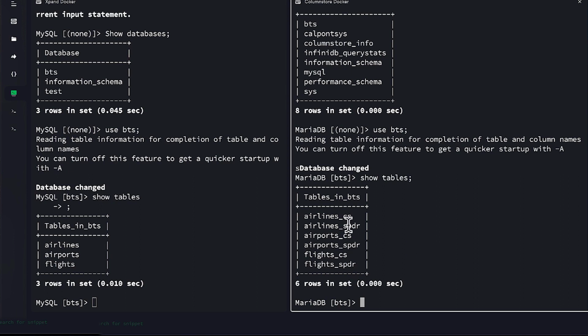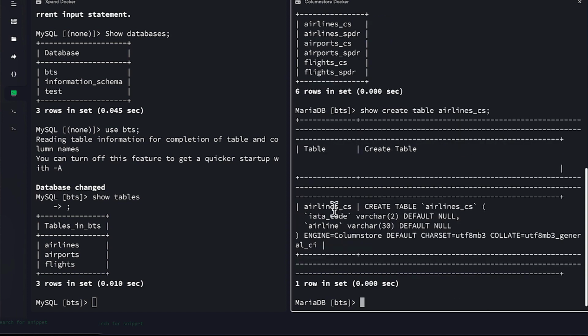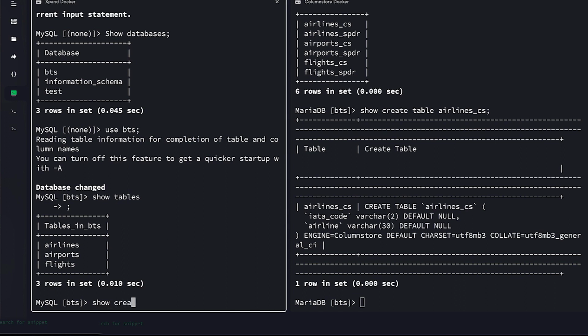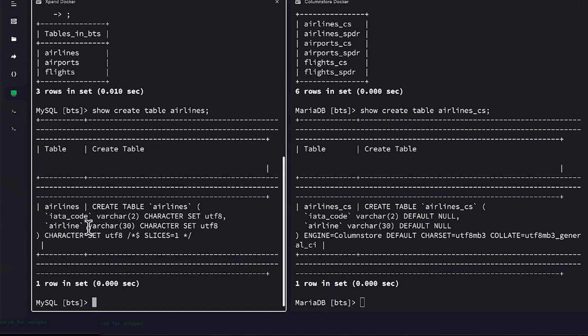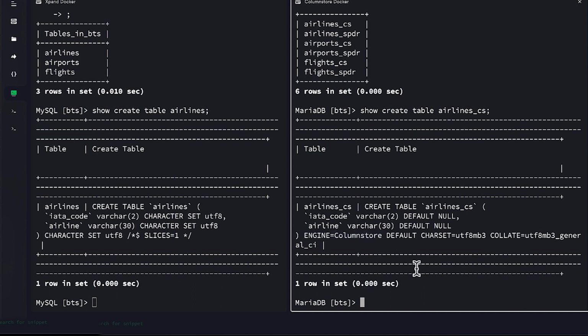On my Columnstore side, I've created the airlines CS. Now that's got the same syntax, the same table definition, except it's got the Columnstore engine running it. Okay, so that means it'll be stored in columns in Columnstore as opposed to rows like every other database engine would do. I'm also going to point out